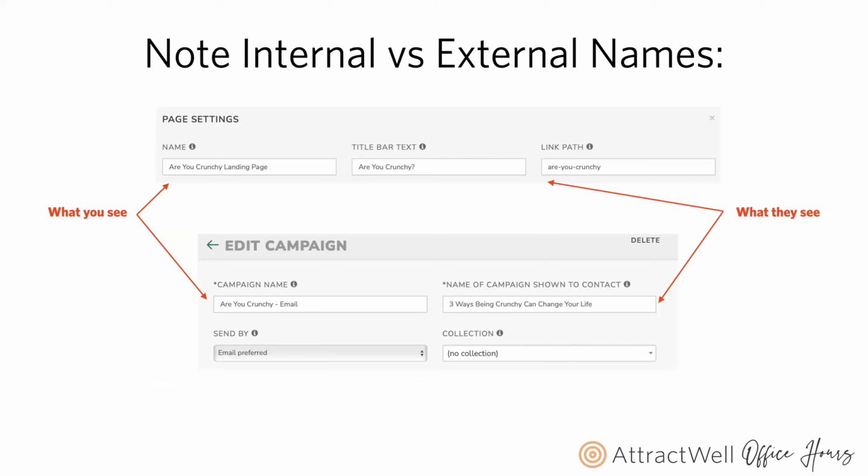And those are going to be called name. So you see under page settings, there is name, Are You Crunchy landing page. Under campaign, there is name, Are You Crunchy email. Now, this is what we call it, and it's what we see when we are searching for resources in our